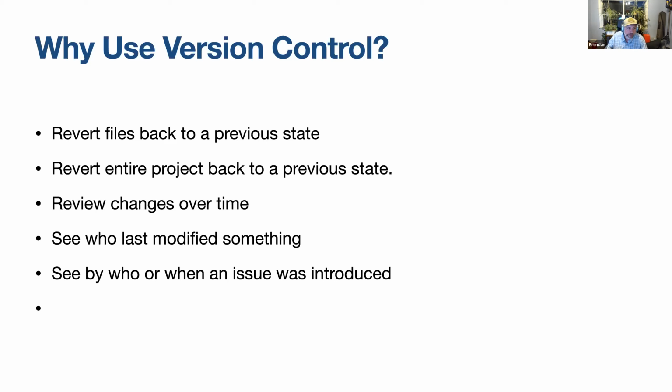Well, you'll be able to dig in through the history in Git, and it'll tell you who was the last person to modify something or who created it, or excuse me, you'll be able to see that whole history. And it's also helpful to see by who and when an issue was introduced. So if you want to get on somebody's case and get them to fix a bug or something like that, you'll be able to go back and see who actually committed a specific line of code.